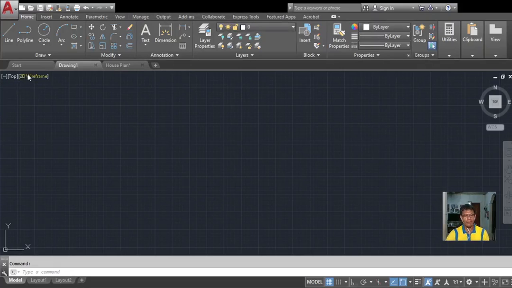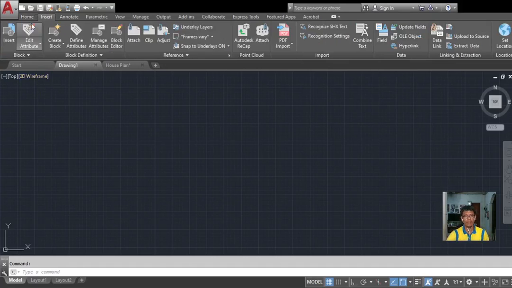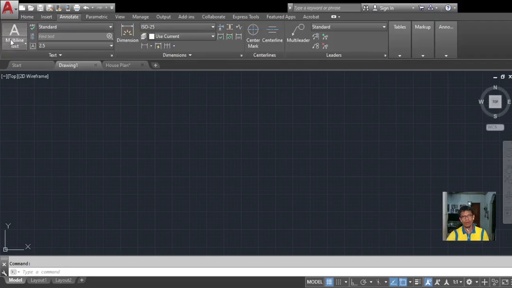They have their own drop-down menus. Just like in Home, when you click the Home menu, we have different drop-down menus containing different tools. In the Insert, we have another drop-down menu. Annotate also has its own drop-down menu.